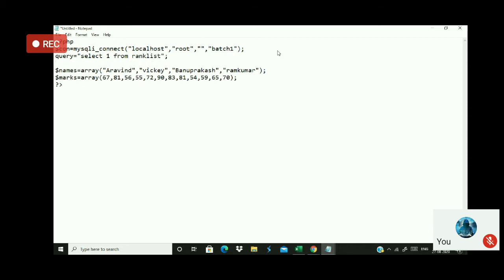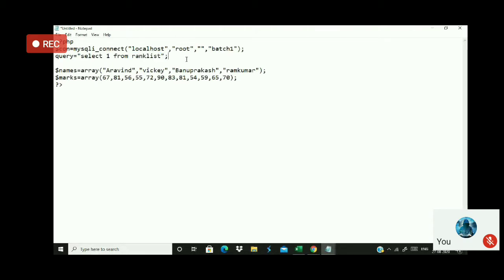Okay. Now, Kushal, actually, I want to run this code, isn't it? If this table does not exist, what will be the output of the MySQL query? Whether it will be true or false? False, sir. Exactly. So this query is used to verify whether the table exists or not. If it returns false, the table does not exist, and I have to create a table. If it returns true, the table exists, and there is no need to create.